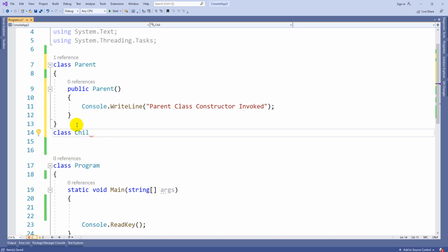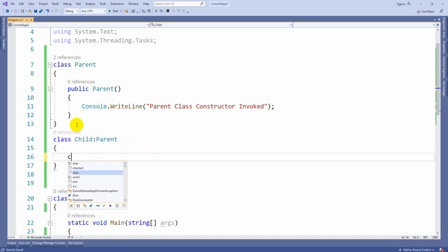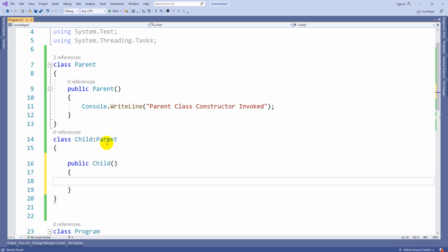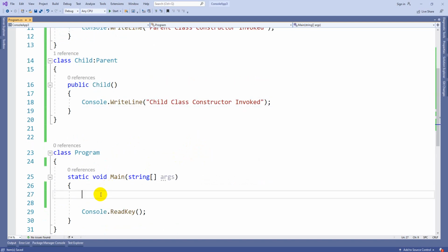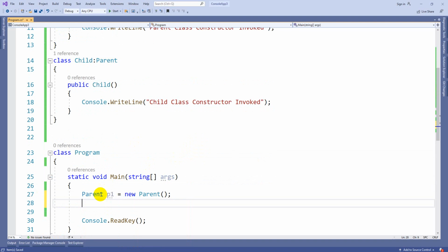Class Child, which inherits Parent. Child class constructor invoked. Now when I create an object for the parent class, Parent p1 is equal to new Parent.